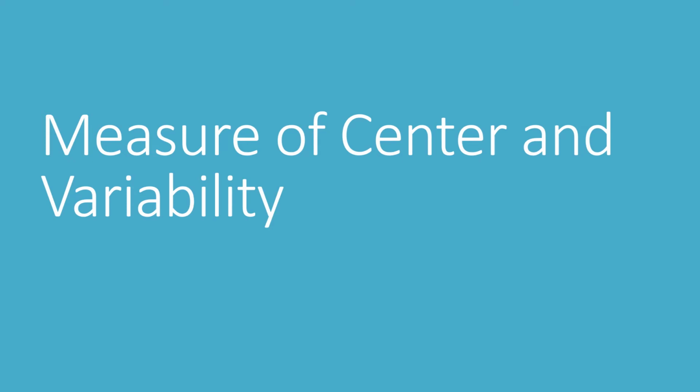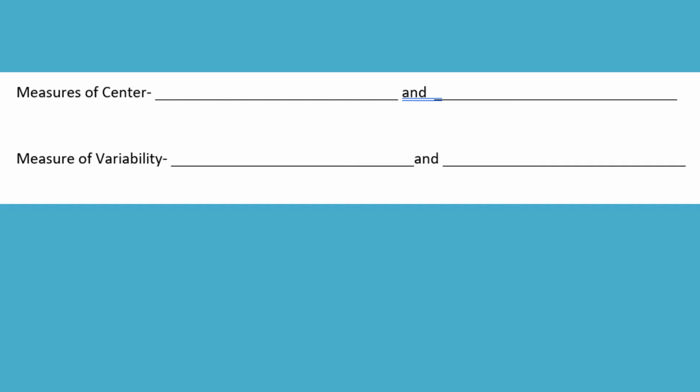Hey guys, in this video, we're going to be talking about measure of center and measure of variability. Remember, measure of center is when it's in the center of the data, either mean or median, and then variability is how much it varies, and we'll talk about those in a second. So the two different measures of center are going to be mean and median. Remember, the mean is the average, the median is when you cross them out till you get to the number